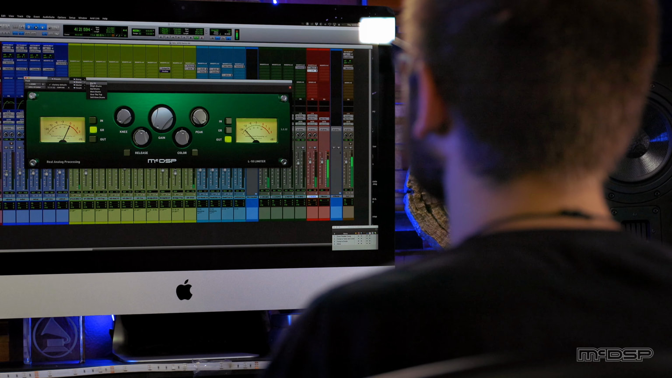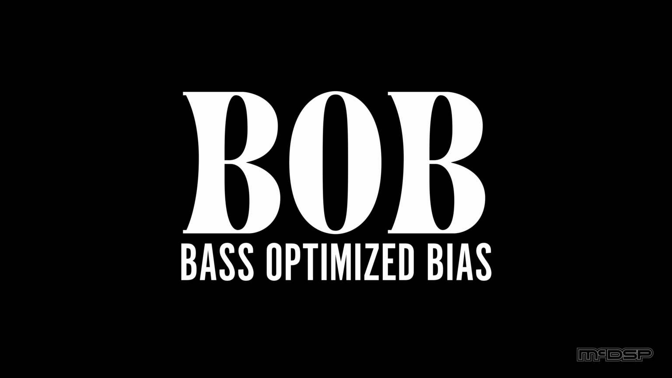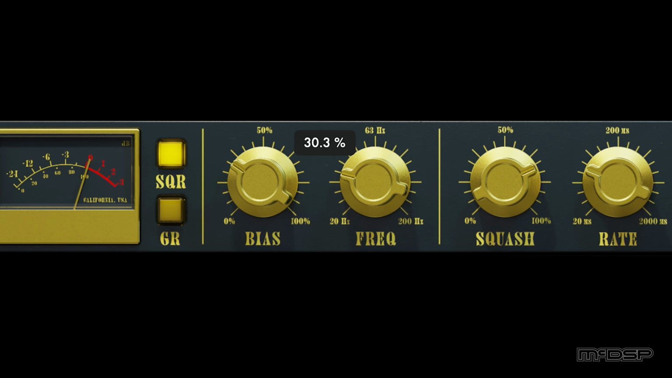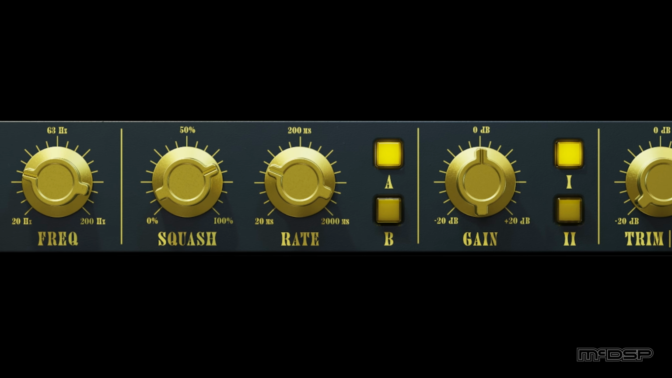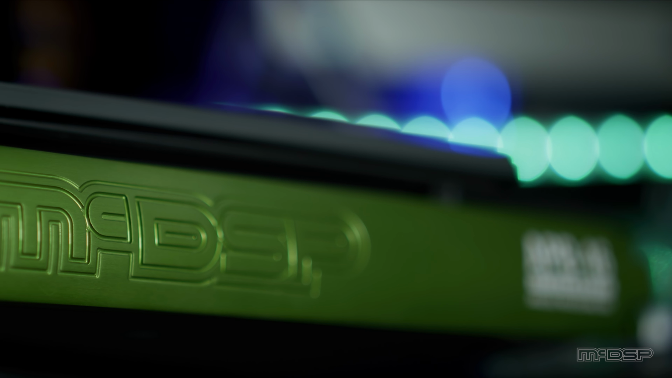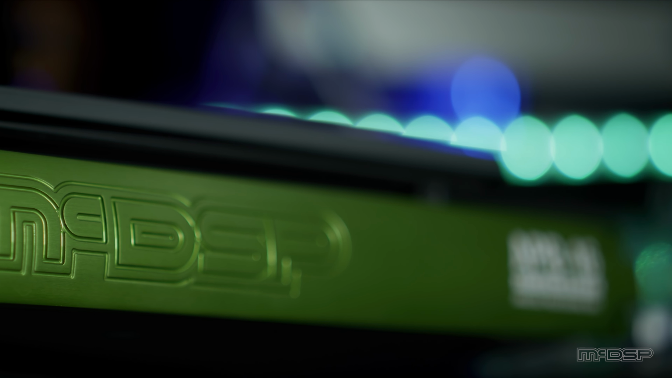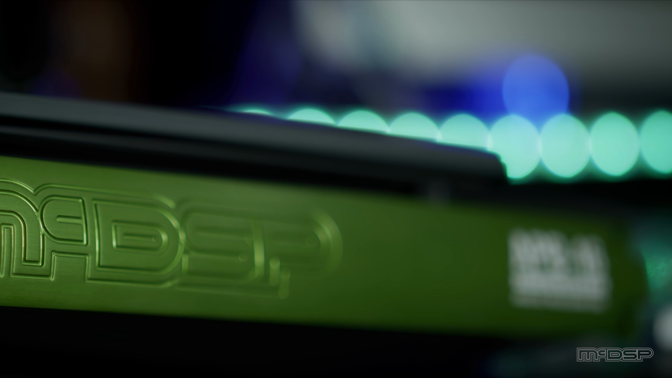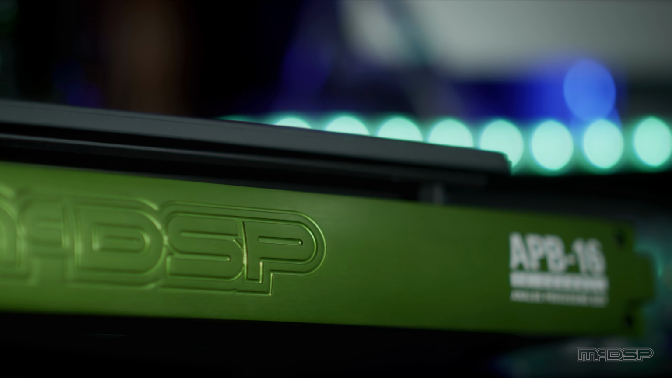processing in their mixes. BOB stands for Bass Optimized Bias, and its response is achieved in the APB format using a combination of digital processing and a two-stage analog signal path. Additional signal level dynamics are generated by the award-winning APB analog circuitry to bring out details not available in the